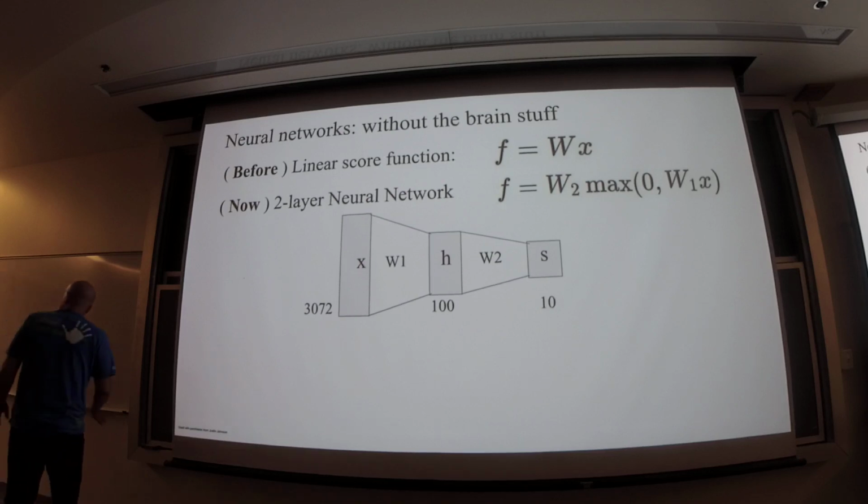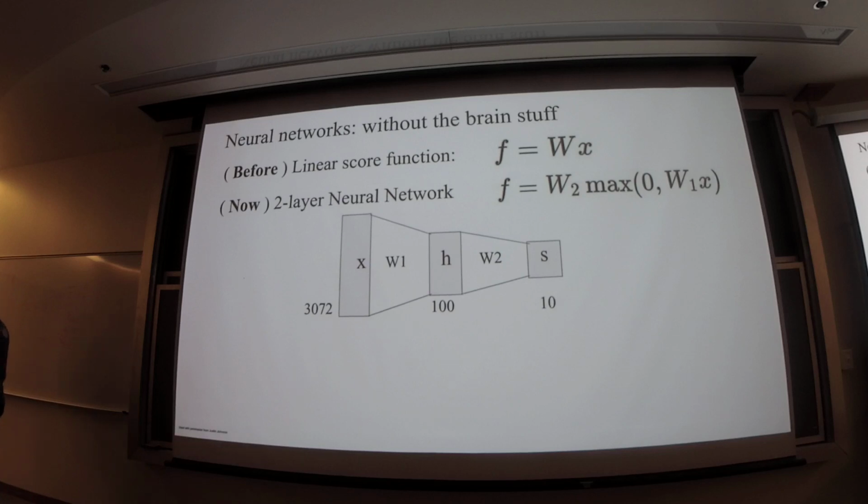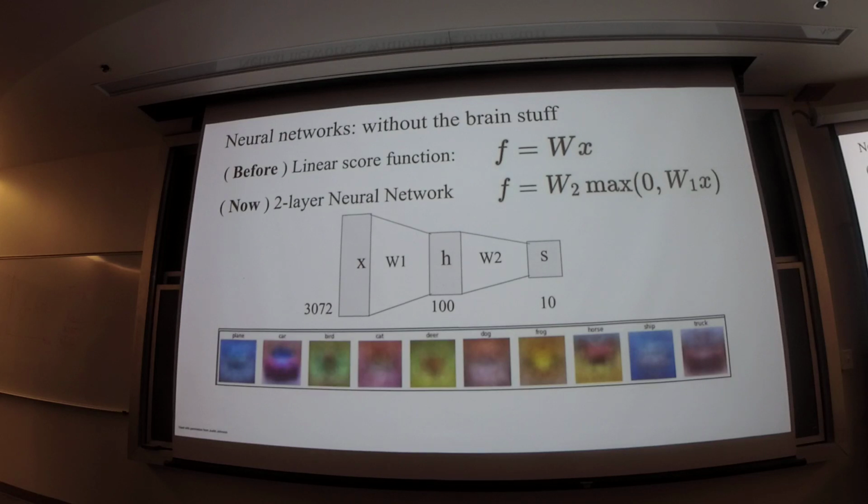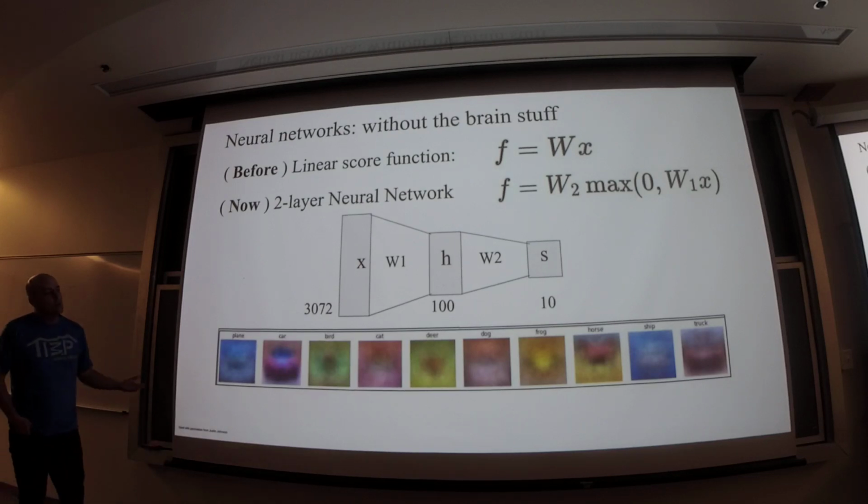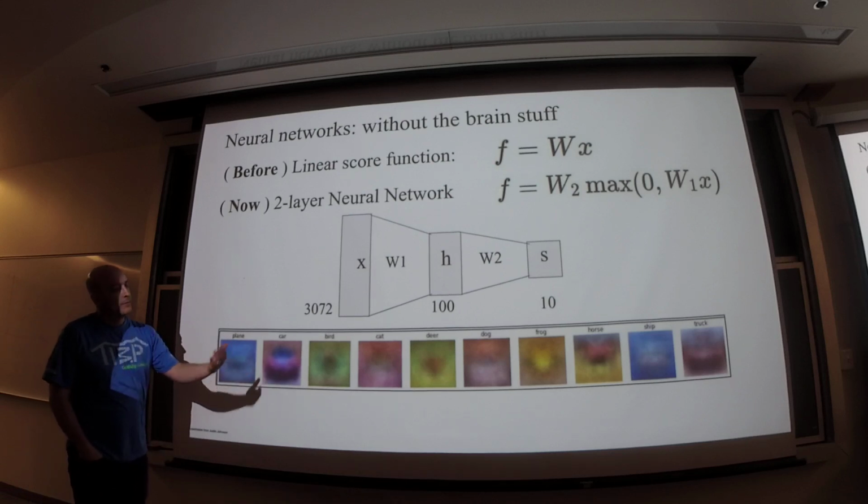But now, instead of just having linear functions, I'm composing linear functions and putting activations in between them. And now all of a sudden I have nonlinear behavior. And somehow, this learns the difference between cats and dogs. This is that same picture we were seeing before with